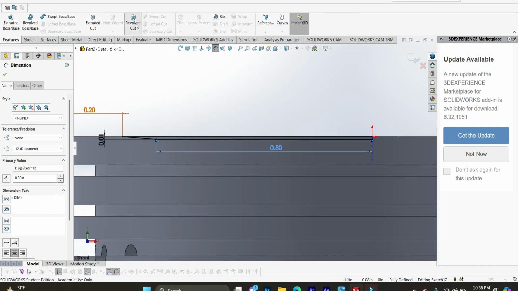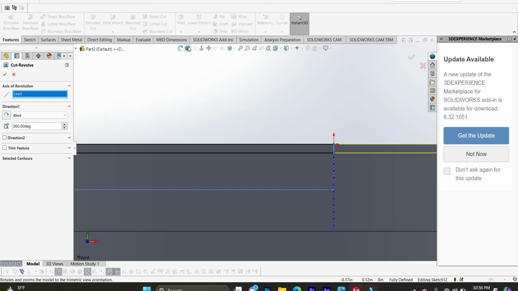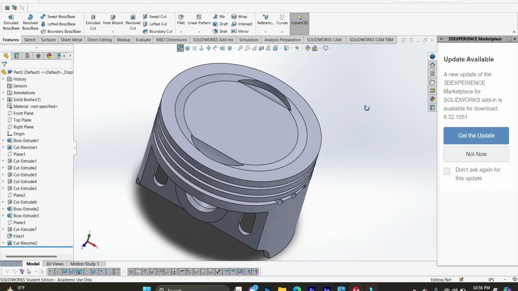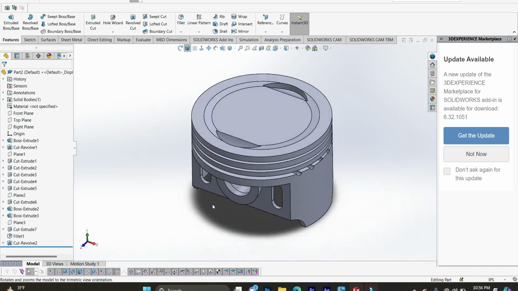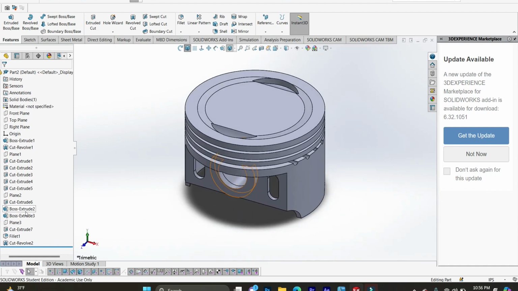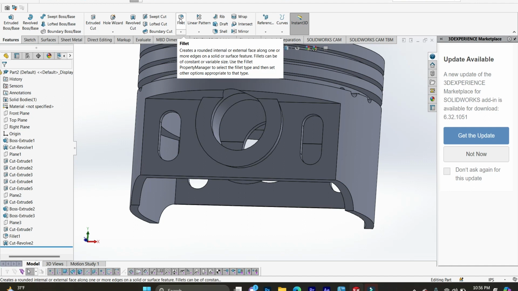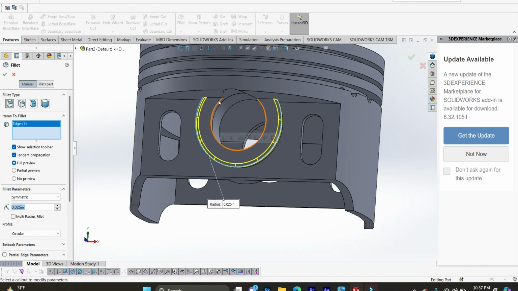Now go to revolved cut, select this as the axis of revolution, and then trimetric view. As you can see, got that looking nice. Now we're almost done. We just need to add fillets to make this look nice. Fillets, this one needs a radius of 0.025, and then select this edge and this and this,